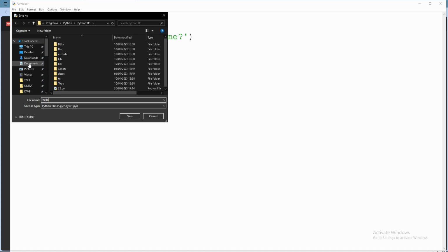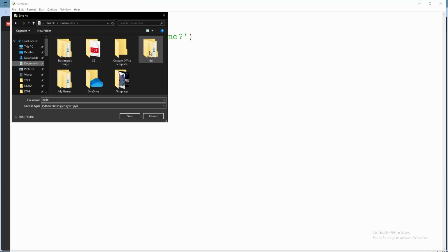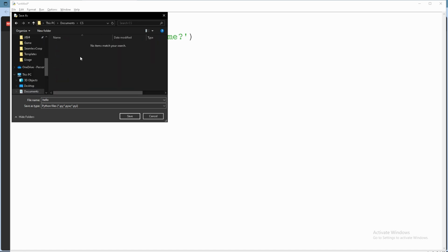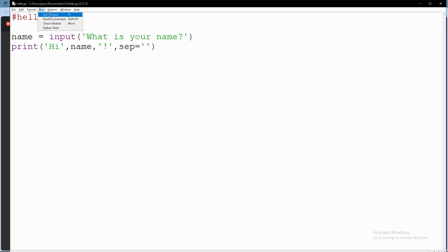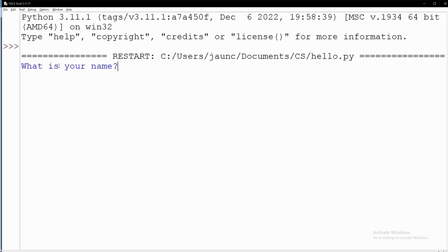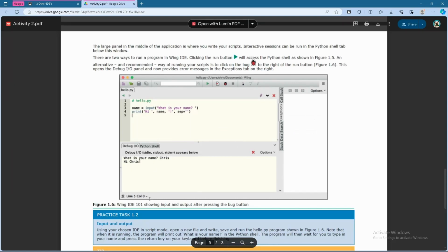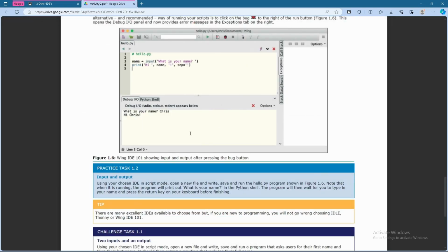And yeah, let's see. Okay, so I'm going to go to documents, computer science, and then just going to make sure I say .py. I say save. Now if we say run module, or you can press F5 on the keyboard. Program's going to ask me what's my name. My name is Jeff, and then they say hi Jeff, and you'll see that the separators there are there. Okay, so this is all we had to do for task 1.2, and then